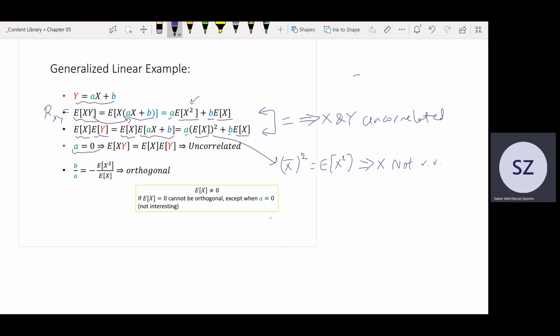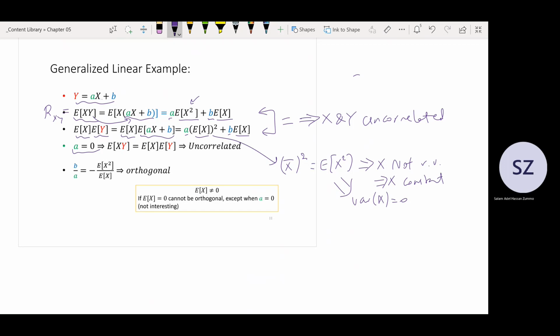It's constant. Why? Because this leads to variance of x equals 0. Okay, good. So basically, uncorrelated means that a must be 0, which means that they don't have any relationship